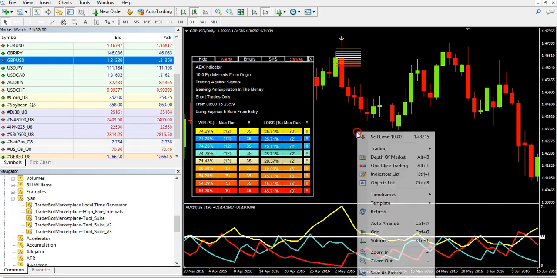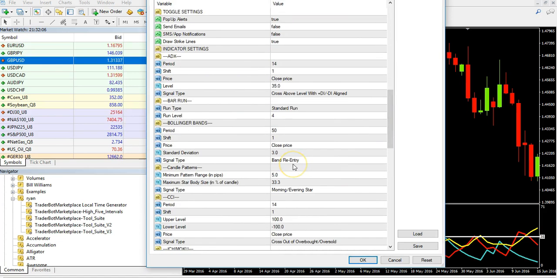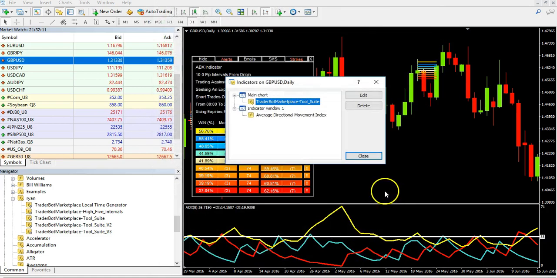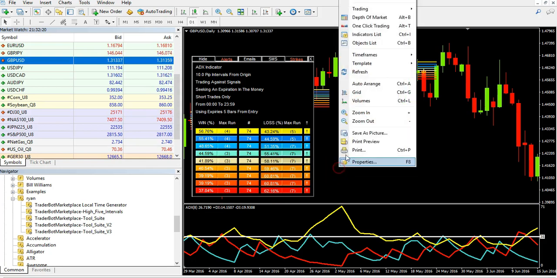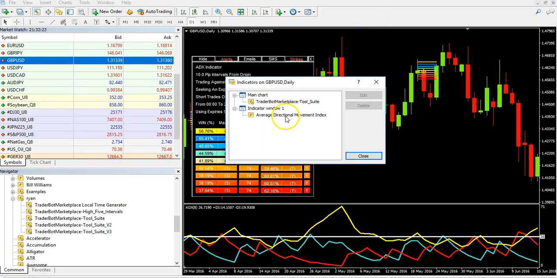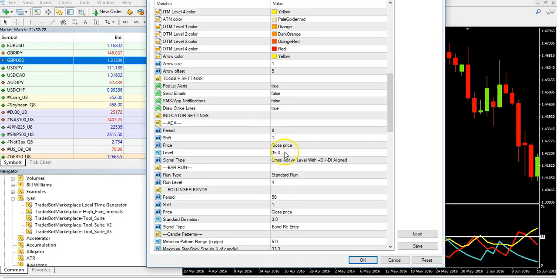Now it changes everything, so I'm going to go up here. I'm also going to change this to an 8 period. There we go. Now I have more trades, but the win rate goes down. Go in here, change all the parameters, pull an ADX up onto the chart, and just start looking at different parameters, different levels, different crosses, like the DI cross only. That will look at DI positive and negative crosses only,